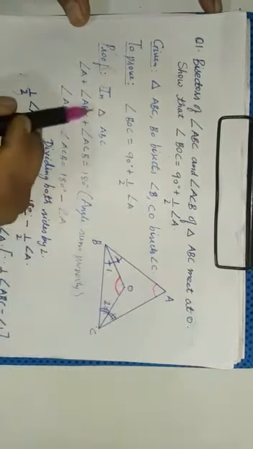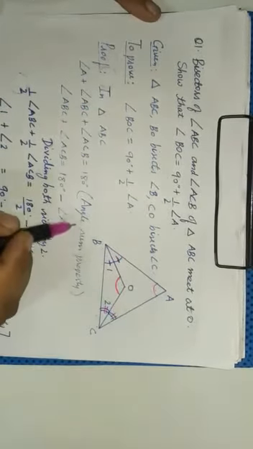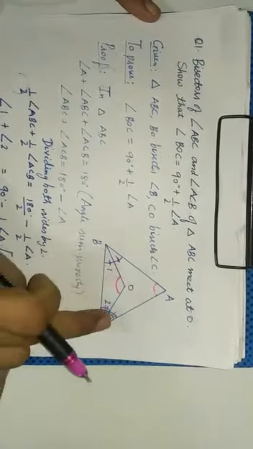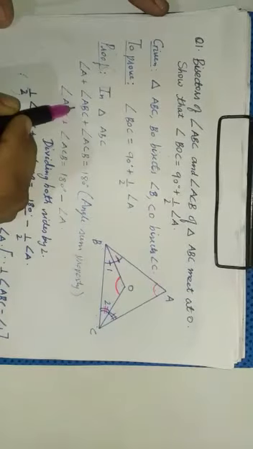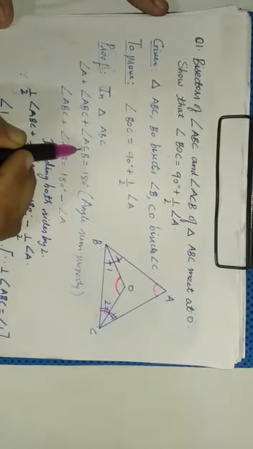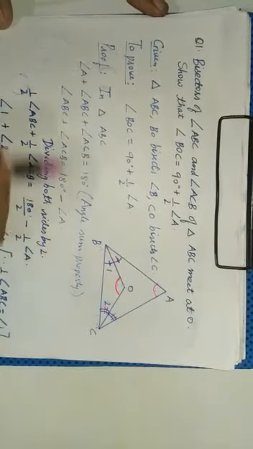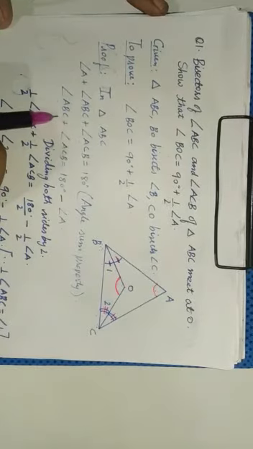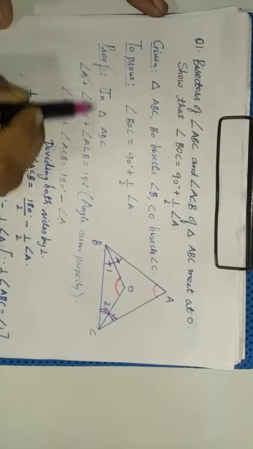So what we are going to do in triangle ABC, first we are going to use the angle sum property. Forget about these two angles, just see angle A, triangle ABC. In this you can write angle A plus angle ABC plus angle ACB equals 180 degrees, that is the angle sum property. Now ABC plus ACB equals 180 minus angle A. So this angle A will be transferred to this side and it will be minus A.